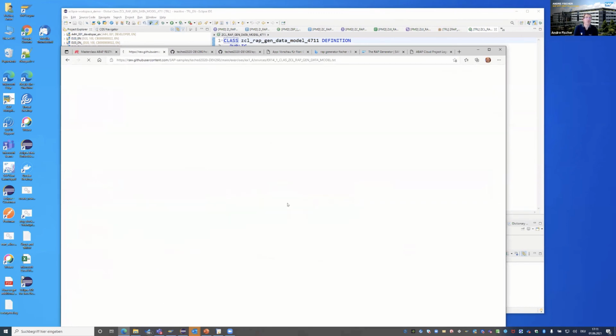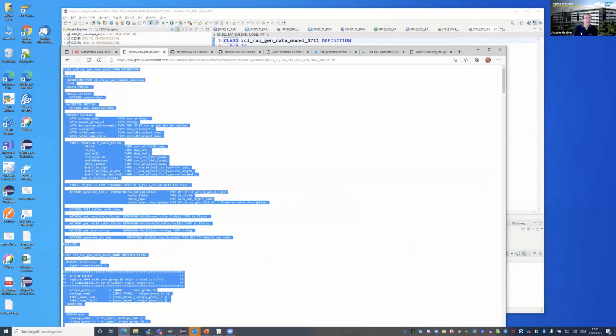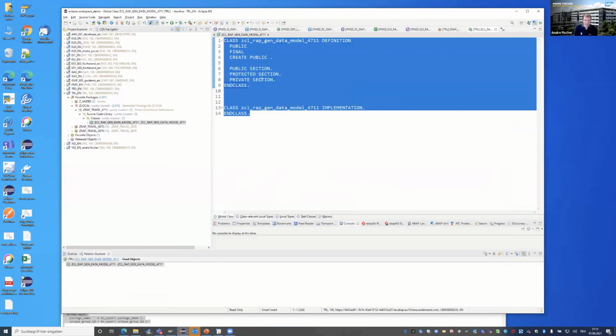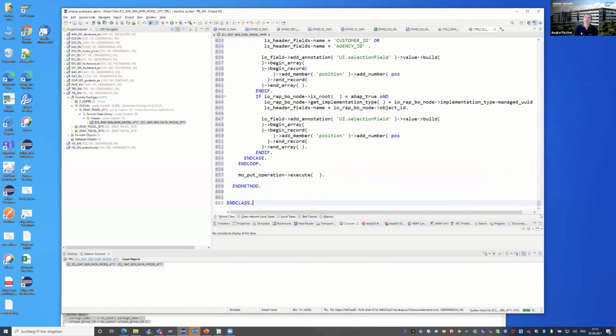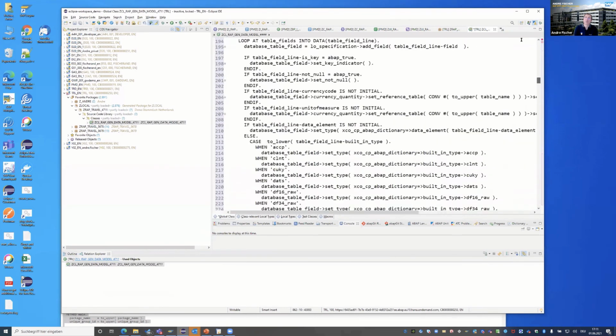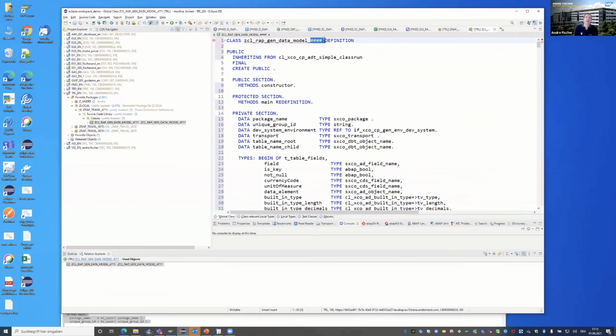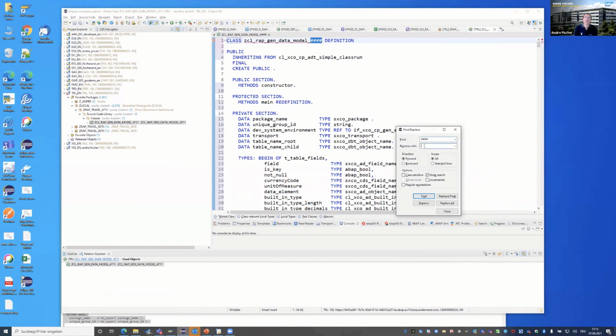Then you click on raw, and then you can easily use Control-A, Control-C, and replace everything here. And what we then have to do is replace the hashtags with this number, right?